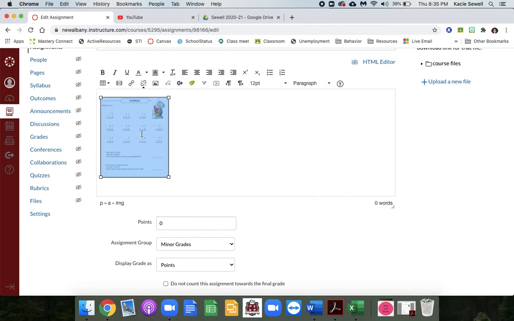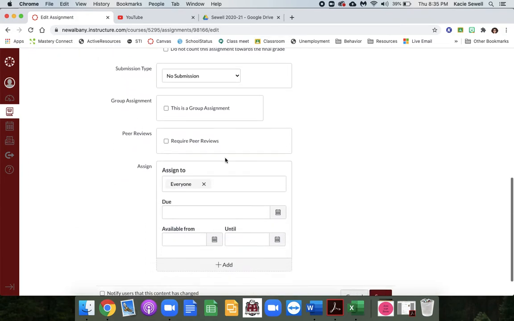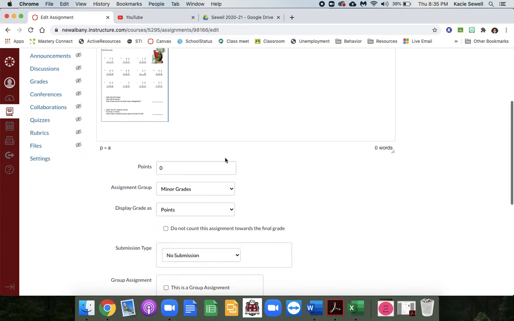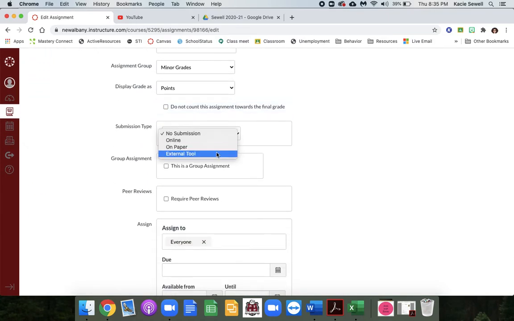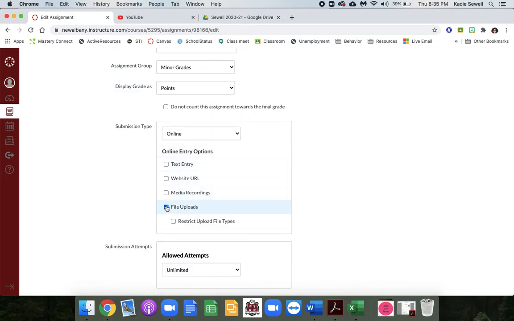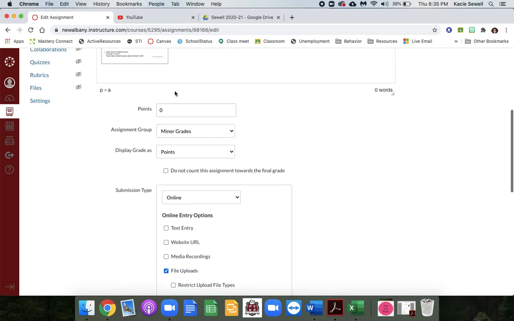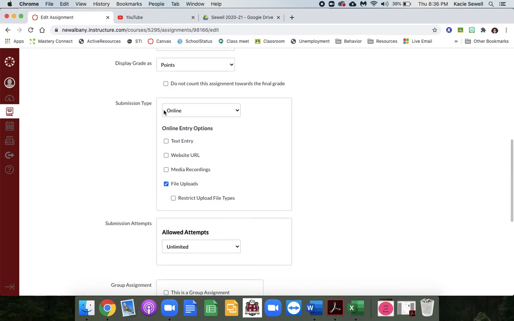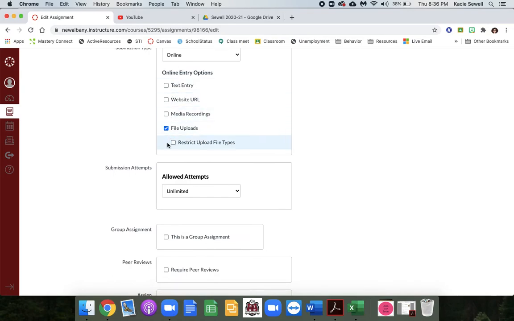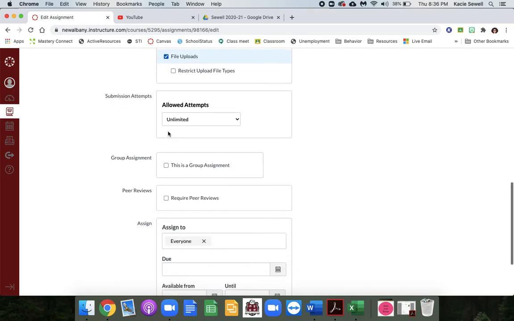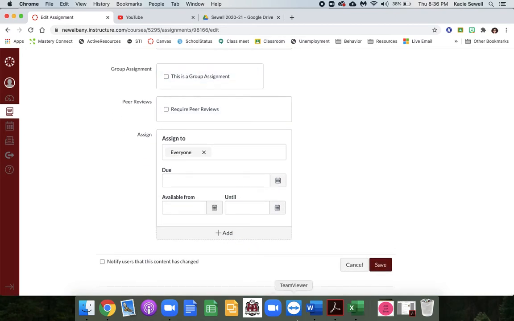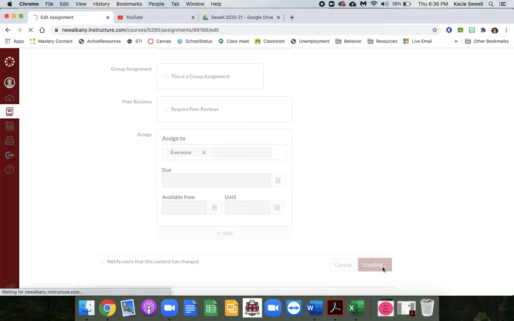Alright. So now up here where there's a link, you can see that it has that little arrow. It lets me know something's linked to that. Down here I pick how I want them to turn it in and all that good stuff. I want them to turn it in online, and it's going to be a file upload. So if you want to grade it, you need to type in whatever points you're going to grade it with, but it needs to be online file uploads for Kami, okay? Everything else is up to you on the rest of these grading decisions. When you're finished with all your decisions, you press save,